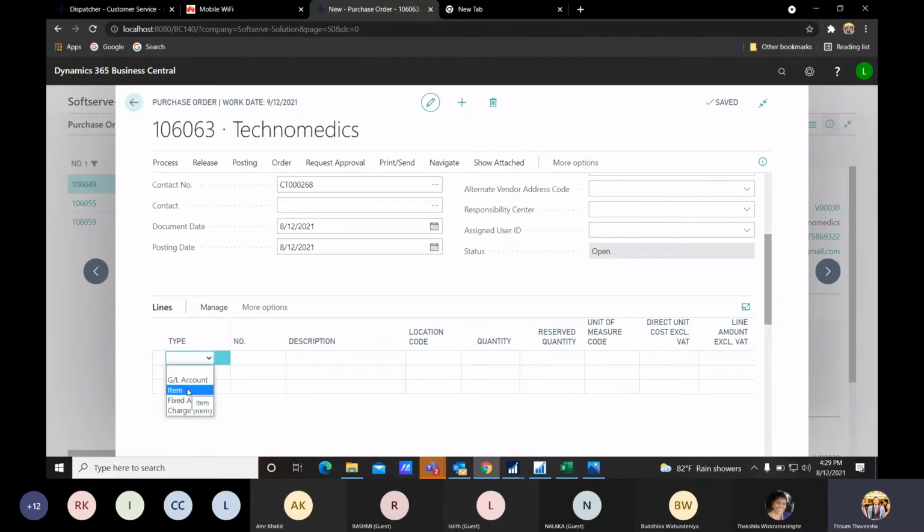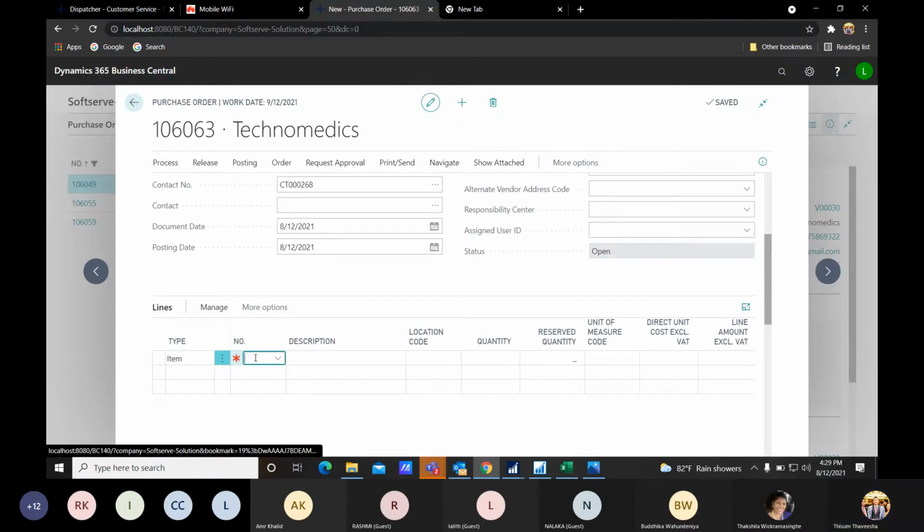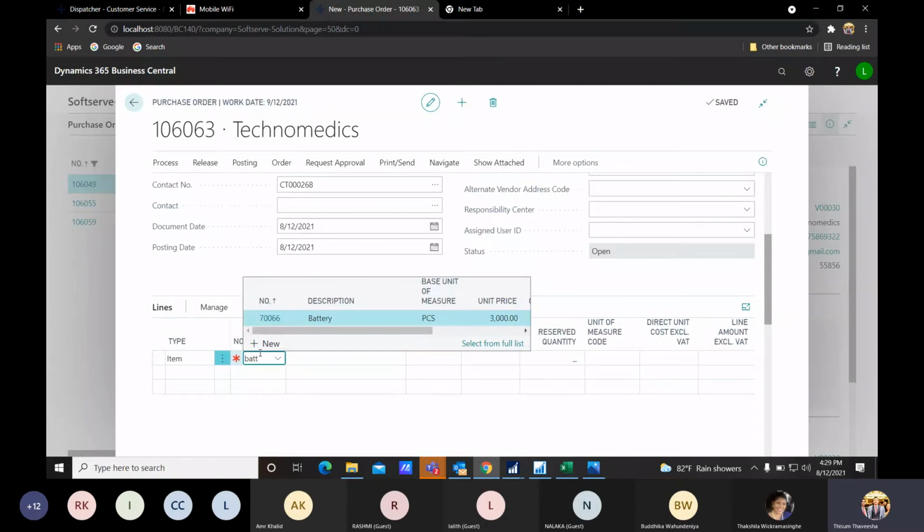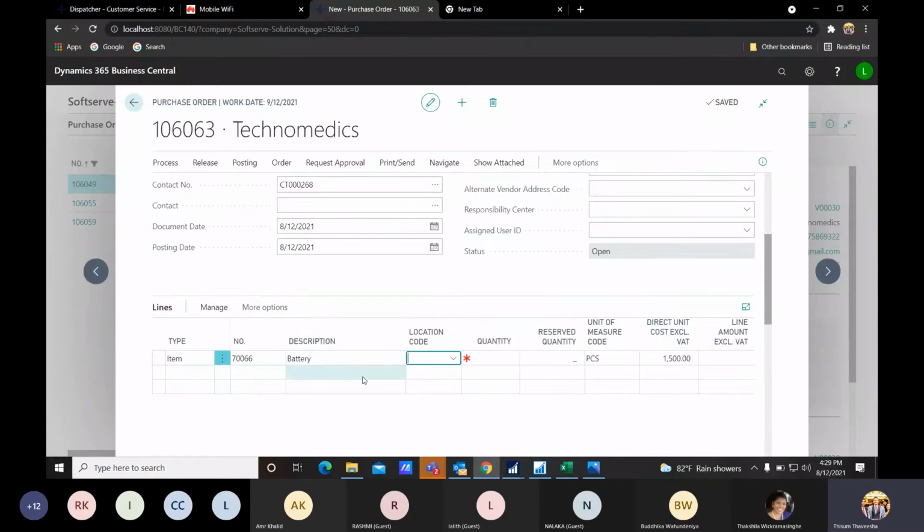So here you can select the type item, right? And then here you can select the item from our item list, right? Our item list would be loaded here, and then we can select the item. So I will select our battery item, where you have the ability of searching here, live search ability. If we search battery, yes, that will come up.